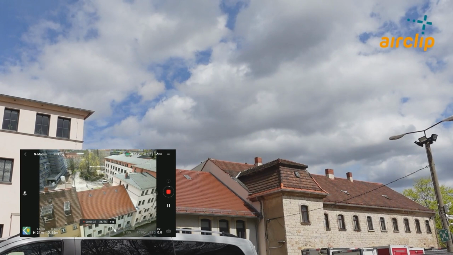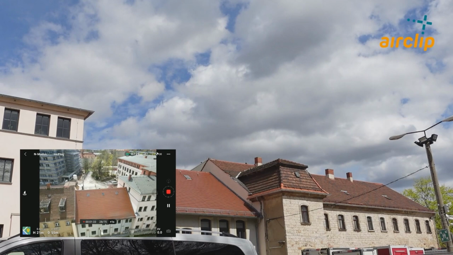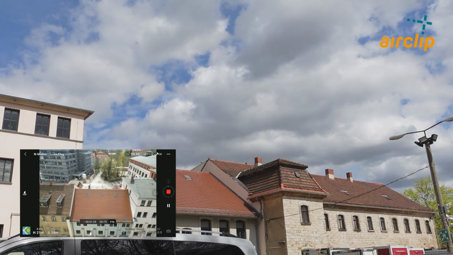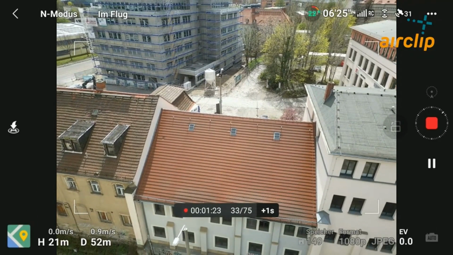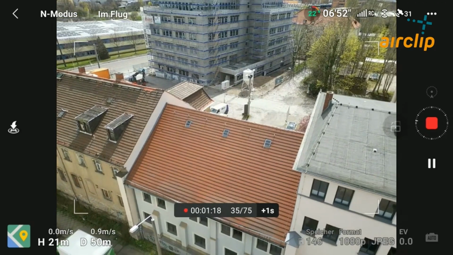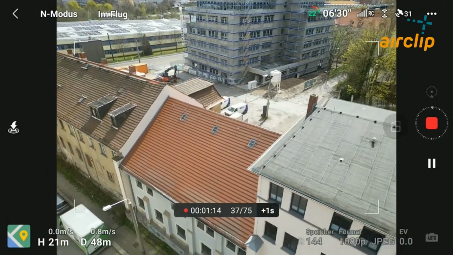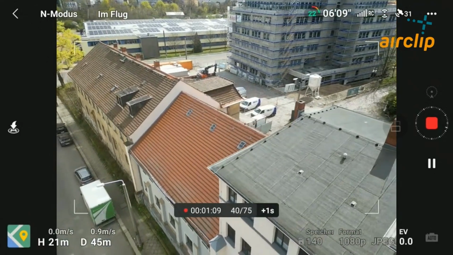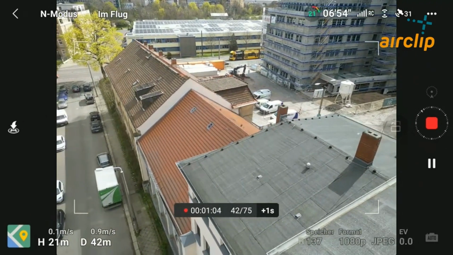So just use your remote control sticks in order to change the parameters, so the flight height and the distance of your drone from the roof. That's what I'm doing right now.